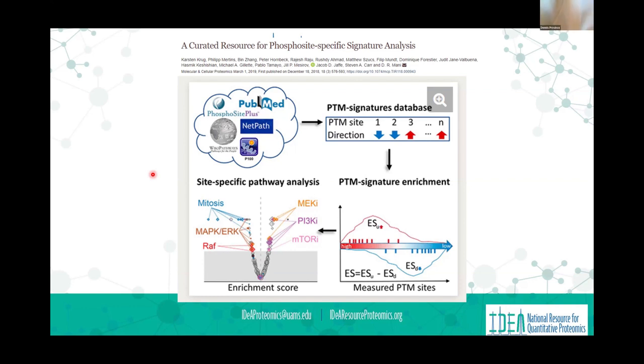The question was how the samples were normalized, if they were normalized to the total protein or to the non-phosphorylated form. And so we normalize to the total protein. I mean, you can look at the abundance of the non-phosphorylated form, but it's difficult to directly compare the intensity of a non-phosphorylated peptide with a phosphorylated peptide. The non-phosphorylated peptide is detected in a separate experiment, the experiment where we're looking at just the protein.